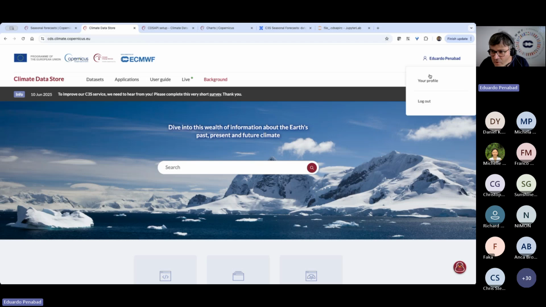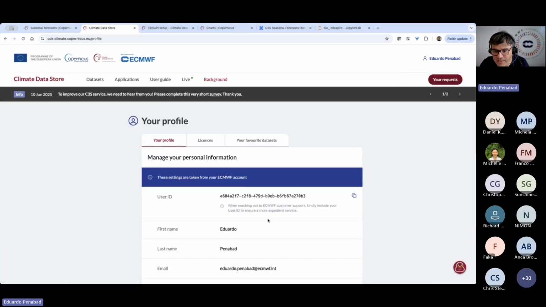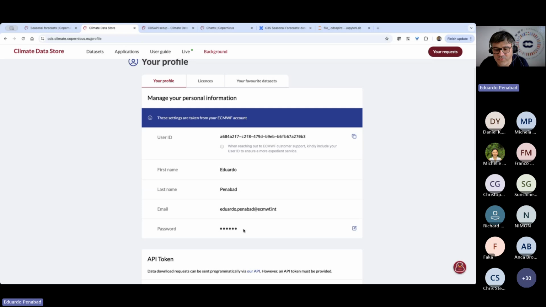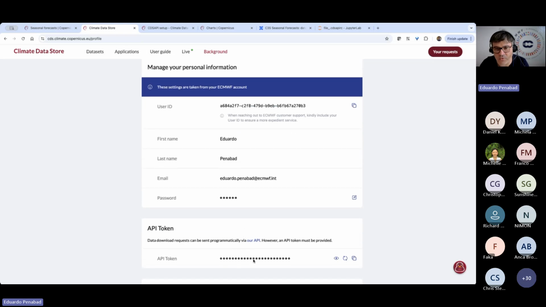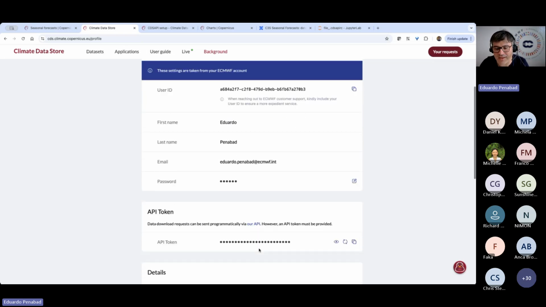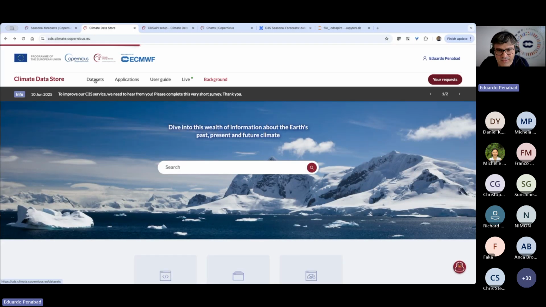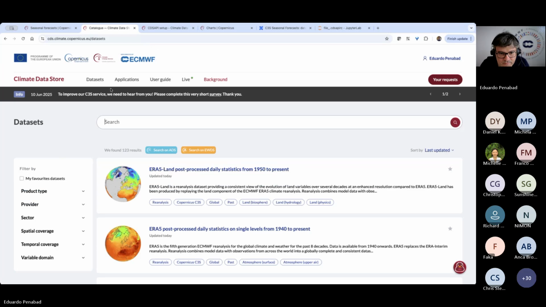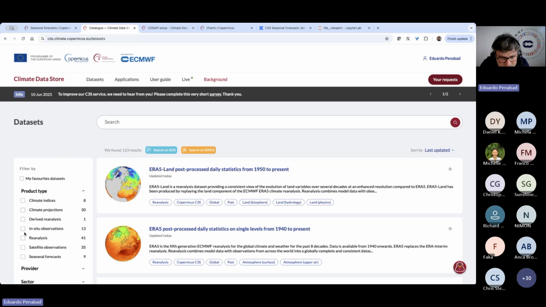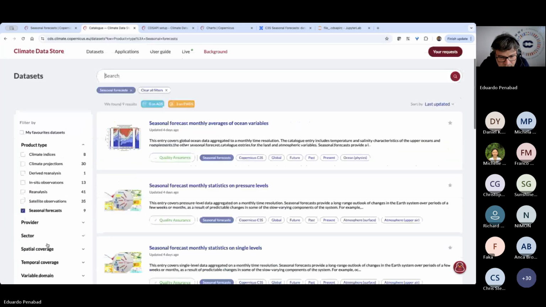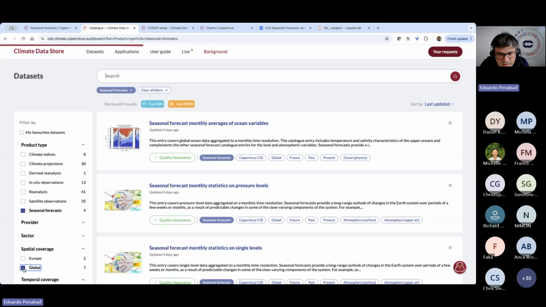And if you go to your user in your profile, you will have access to your user ID and your password and your API token that you will need to programmatically access the datasets. But let's go back to the previous view. And if we go to datasets, as I said before, if I select seasonal forecasts and spatial coverage global, I